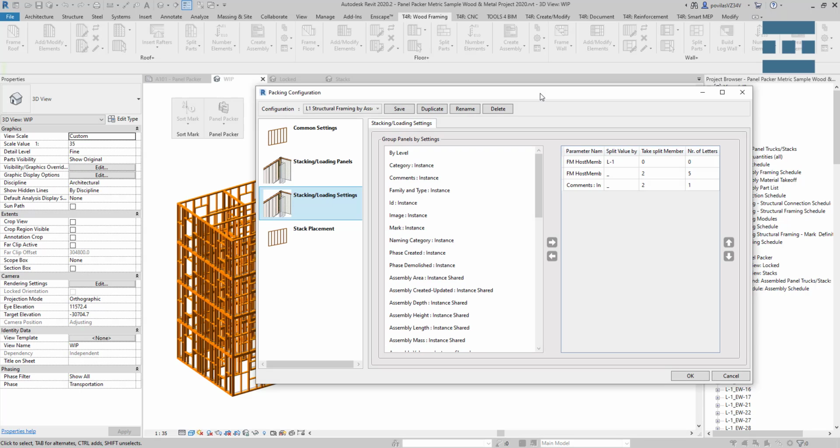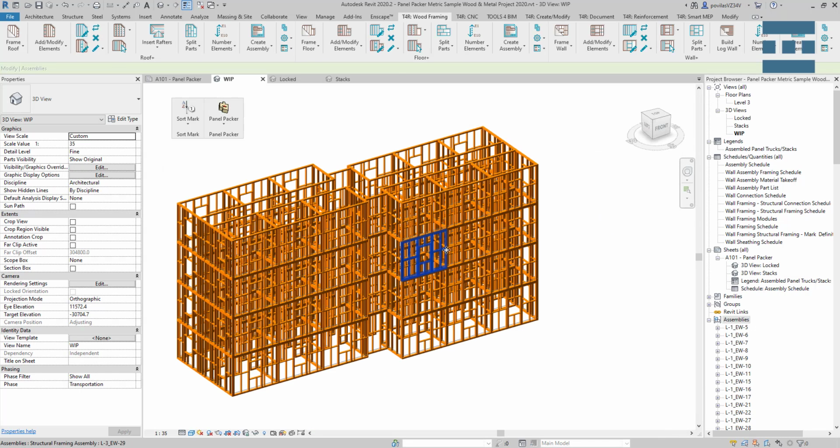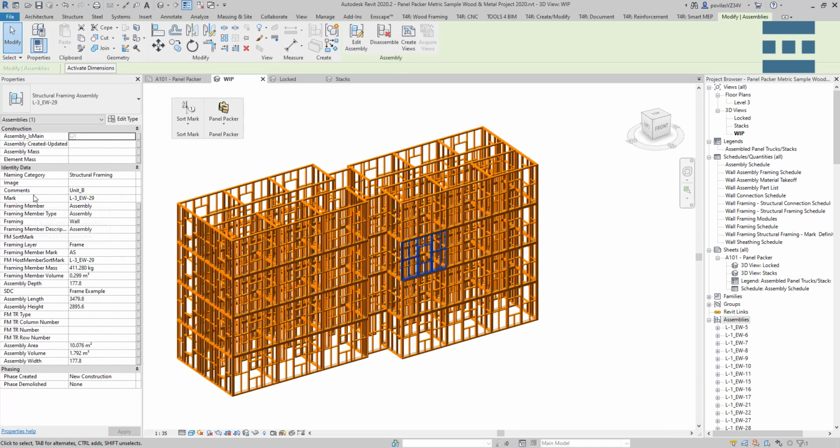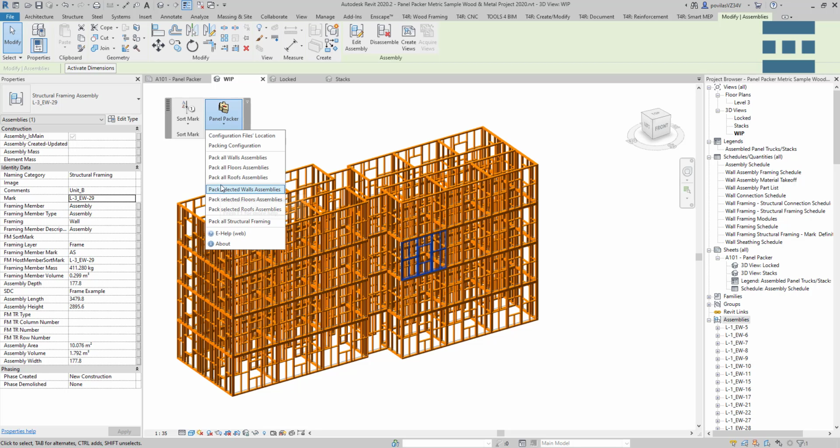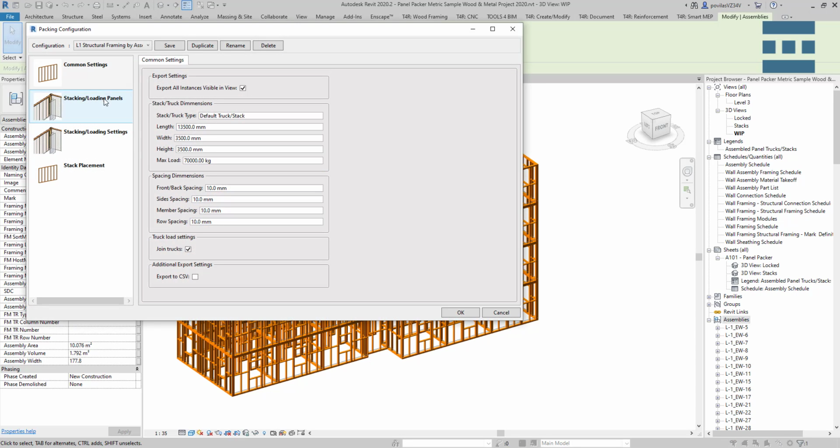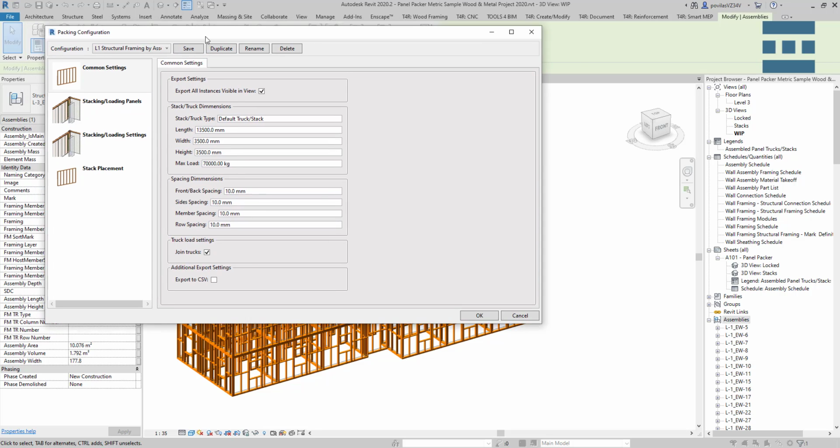So like I said, we have comments. So we had those parameters worked out, mark, comments. Framing mass sort mark is exactly the same as mark. So there's actually only 2 that we're using in this case. There may be projects that will just have one sophisticated parameter value that will be sufficient enough to sort out your assemblies. But back to configurations, you will have some default configurations with the sample project, and just